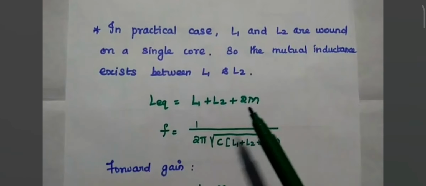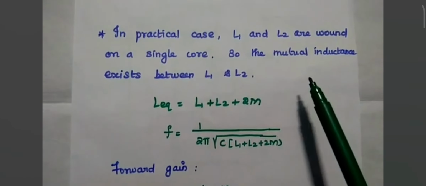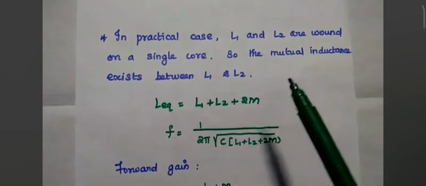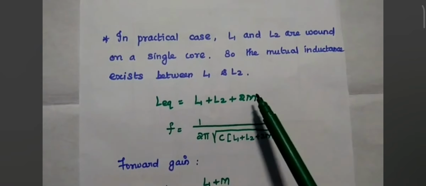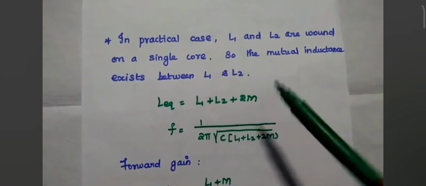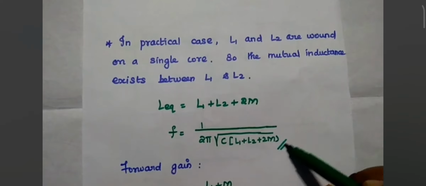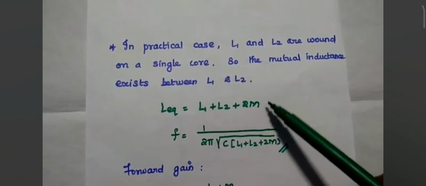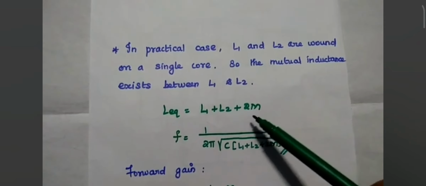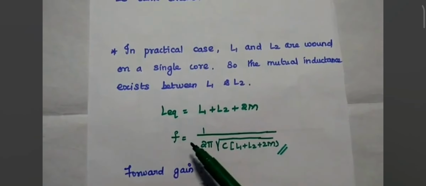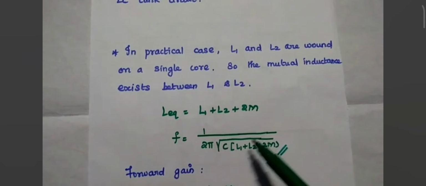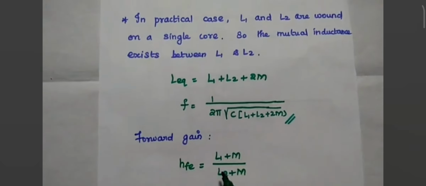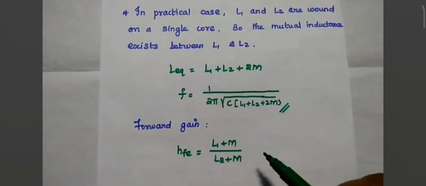Okay. Finally, in practical case, L1 and L2 are wound in a single core. In case of single core, it can experience the mutual inductance between L1 and L2. Hence, the formula of the L equivalent becomes L1 plus L2 plus 2M. So here, M is nothing but mutual inductance between L1 and L2. Here, the frequency of oscillation is equal to 1 by 2 pi square root of C into (L1 plus L2 plus 2M). And also, the forward HFE is equal to L